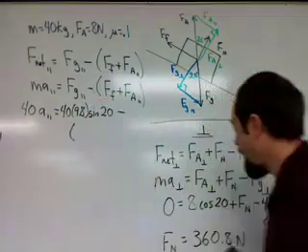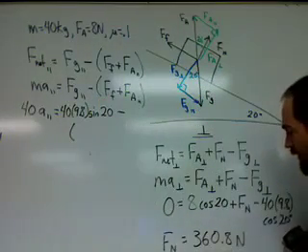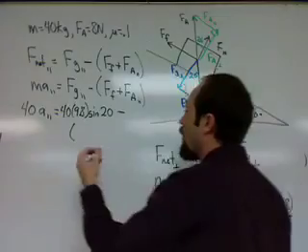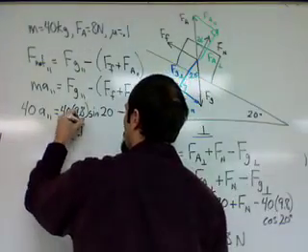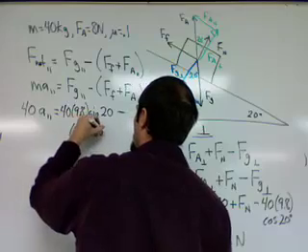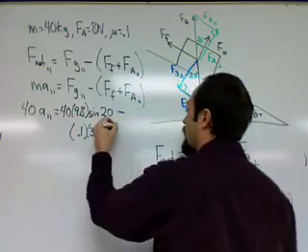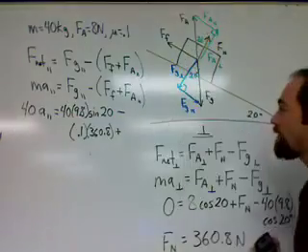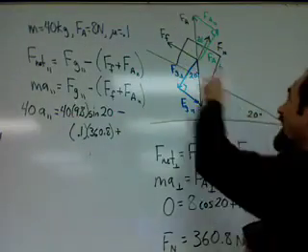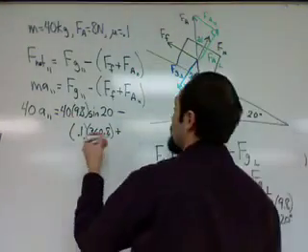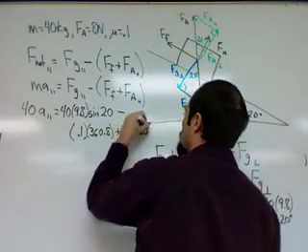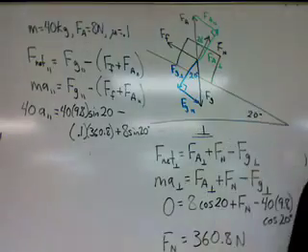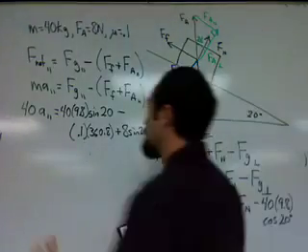Now for my Ff, it's going to be 360.8 times 0.1, because it's mu times the normal force. So it's 0.1 times 360.8 plus, and now for my Fa parallel, it's going to be 8 times the sine of 20 degrees. Okay, hopefully that all makes sense. If I plug in some numbers, I'm going to get